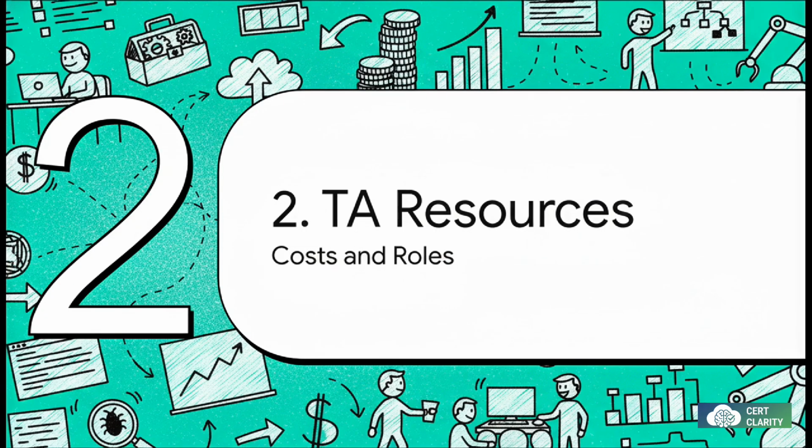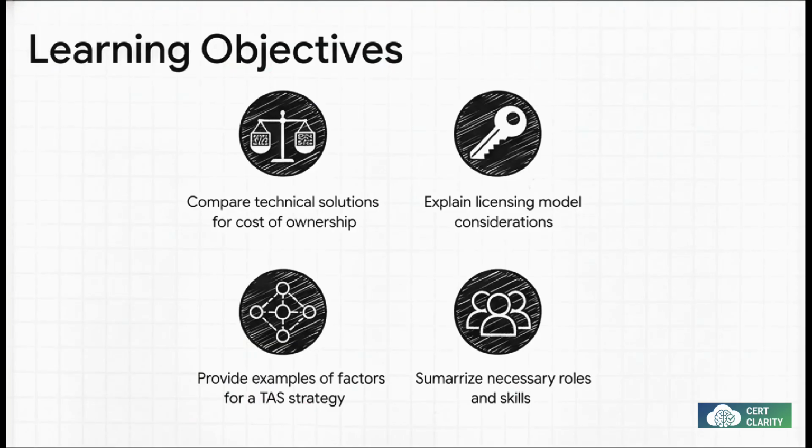This is all about resources. Here, we're moving from the big picture strategy to the nitty-gritty, the money, the tools, and the people you need to actually pull this off. The objectives here are super practical. We're going to dig into the total cost of ownership for different tech solutions, we'll pick apart all the different software licensing models, and crucially, we'll define the exact roles and skills your team has to have to even have